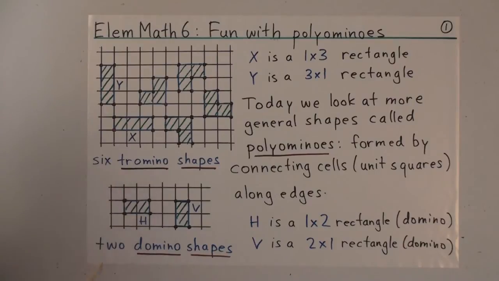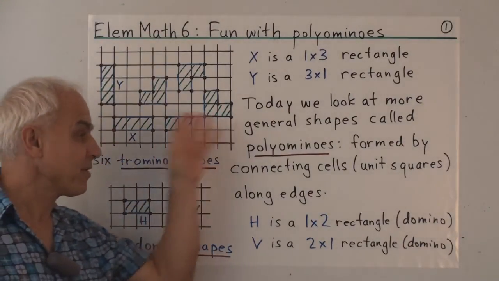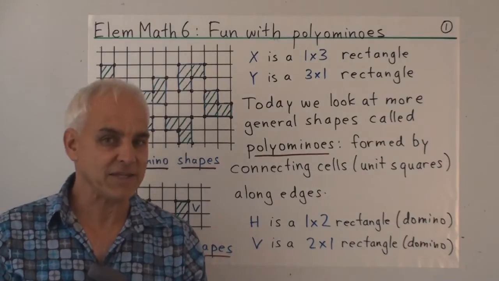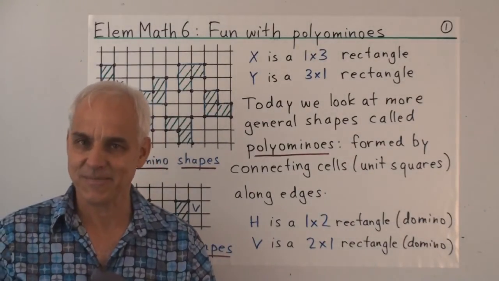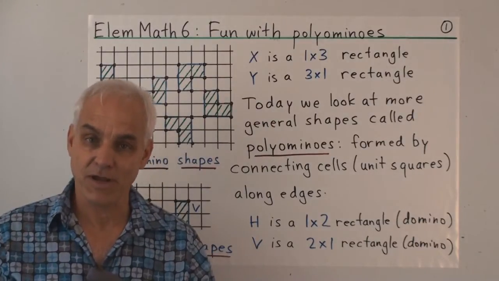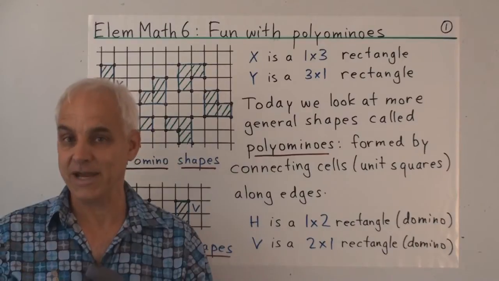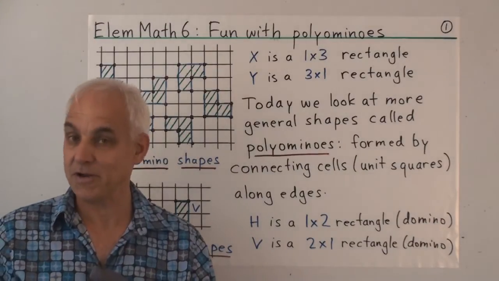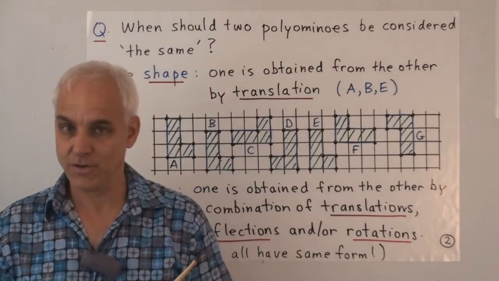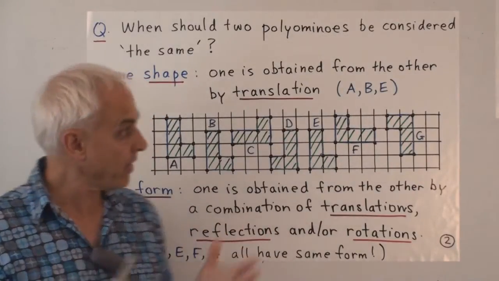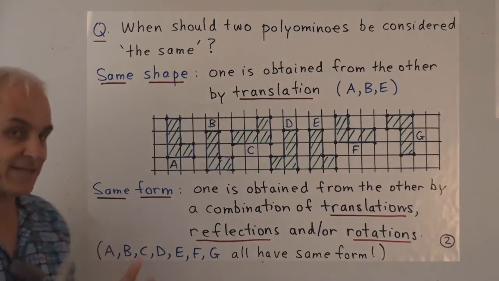So these are the kinds of objects that we're going to be looking at today, but we're going to be ending up considering a little bit fancier, bigger ones. When we look at bigger ones, they get a little bit more interesting. And you've probably seen them before if you've played Tetris or if you've played Blokus, 2 very popular games. And now a very good initial question that we should ask ourselves is, when are we going to consider 2 polyominoes to be the same?